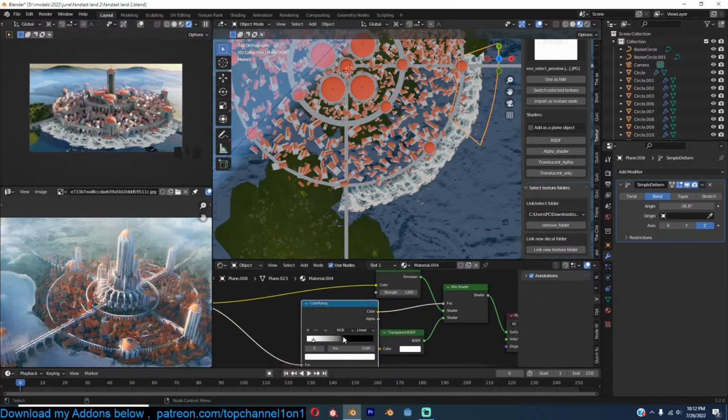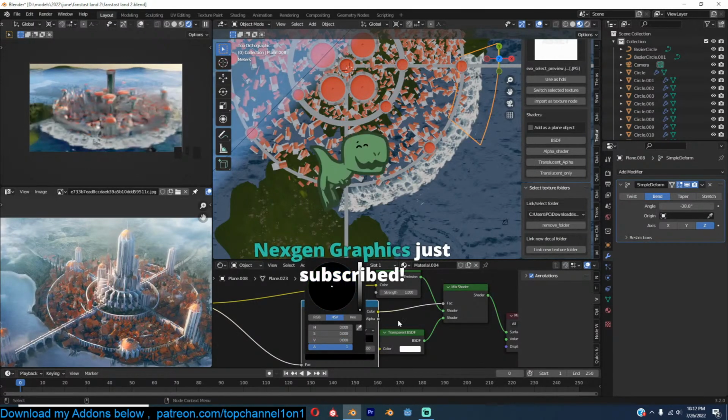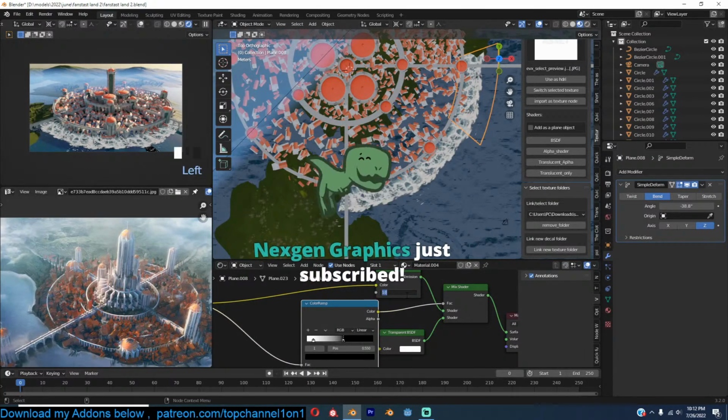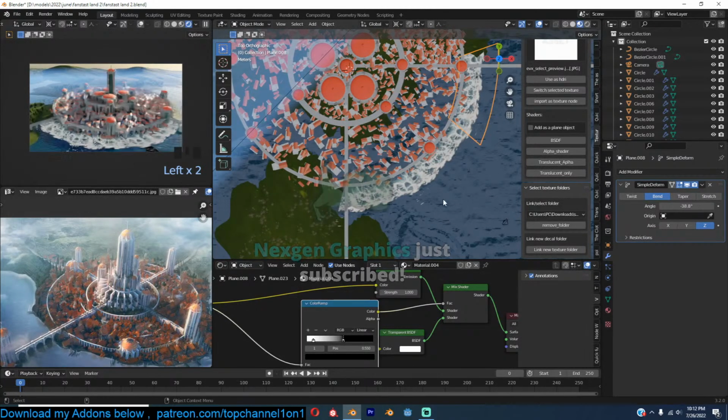Okay, that's here, using this. Let's reduce the emission and see. Now should be the transparency, and maybe